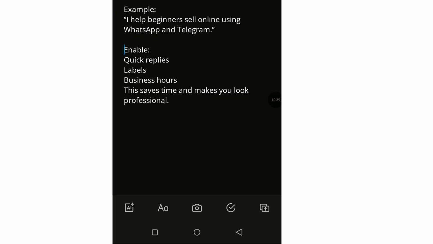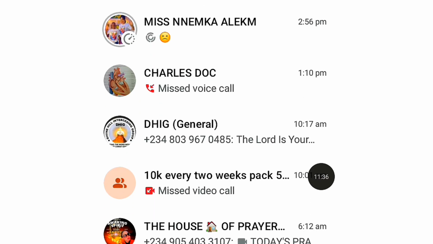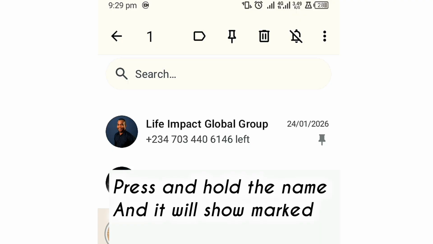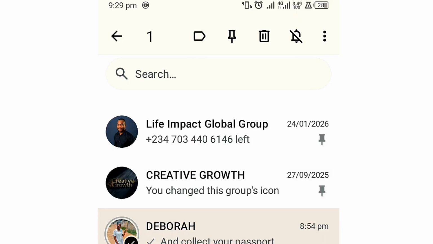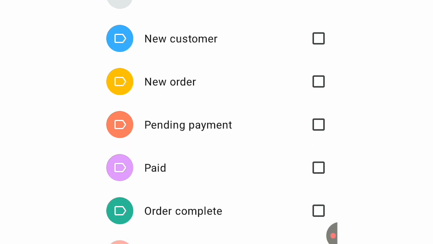So now let's talk about quick reply and labels. In order to label anybody, you click on that person's profile. Let's say I want to label the brother who is my friend. Once I click on it, you can see mark. Then I will click on this one. When I click on this one, I can just add a name label. If that person is a customer, I can just say new customer. If that person made a new order, if that person never paid, those that paid,